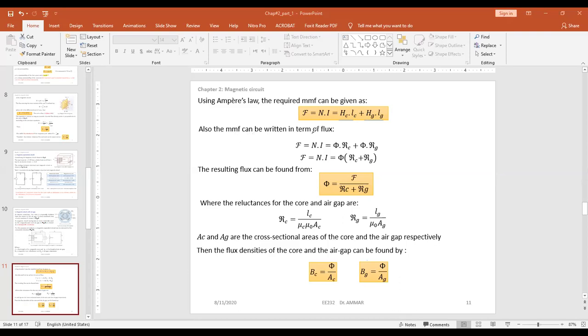MMFs. So also the MMF can be written in terms of the flux. We said the flux is F over R, which is the reluctance also. So the same as Ohm's law: F equals flux phi times R, the reluctance. Okay, so the flux is the same because, like a series circuit, we have the same current circulating